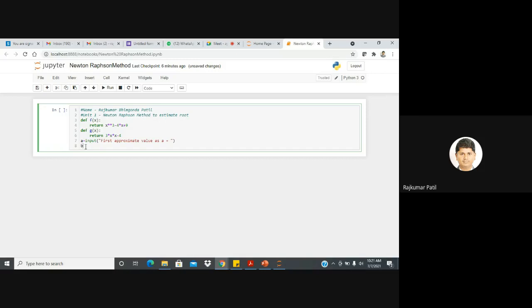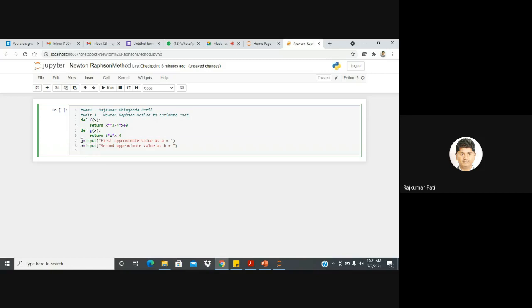Similarly, using the input command, we will enter the second approximation, second approximate value as b. Okay, so this is how we can enter a and b.